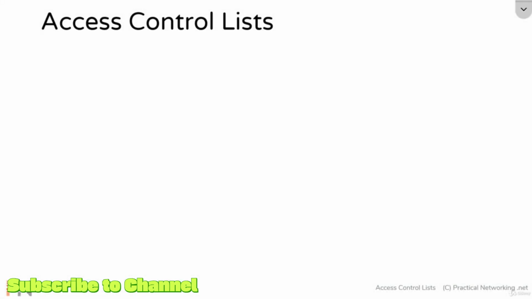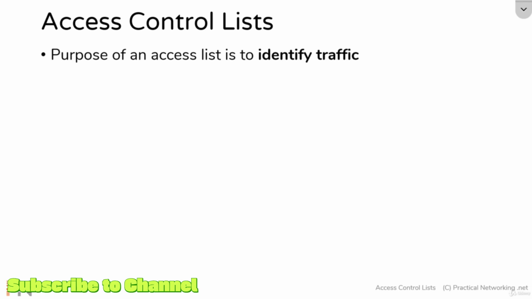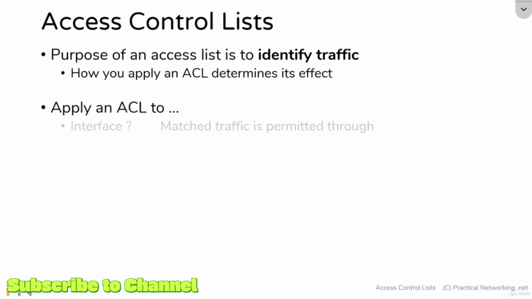At its core, an access control list is simply a tool you use to identify traffic. How you apply the access list then determines what the access list is actually doing. For example, if you apply an access list to an interface, then any traffic that is identified by your access list is being permitted through that interface. This is the most common application of an access list, but there are many other use cases for an access